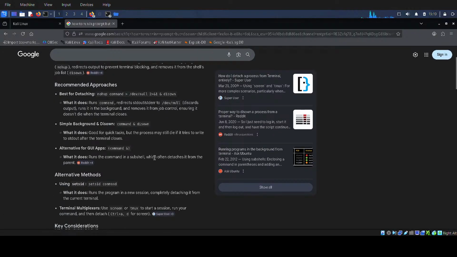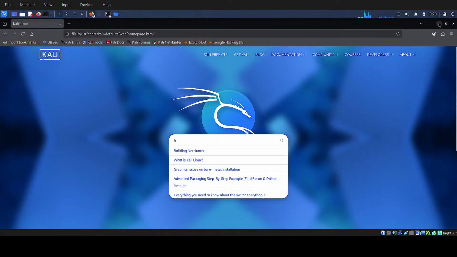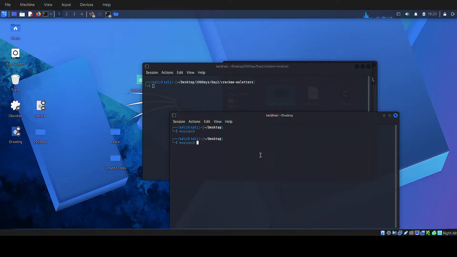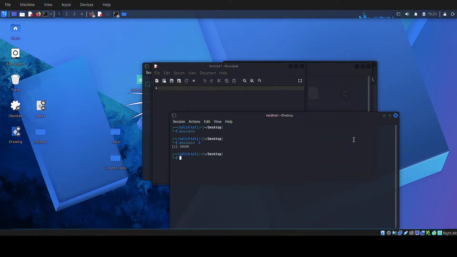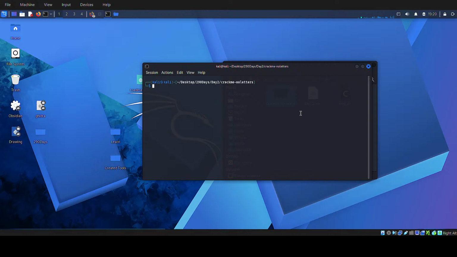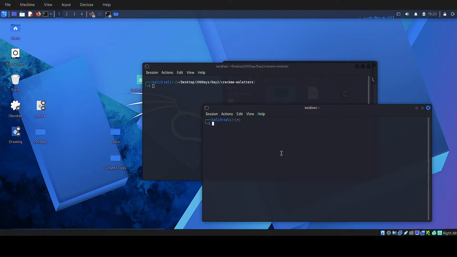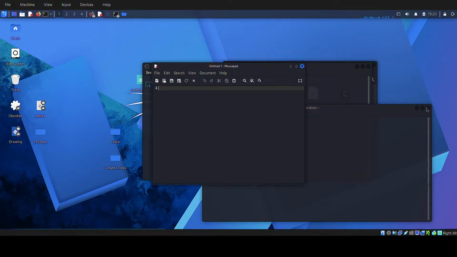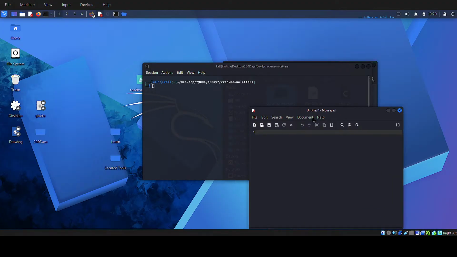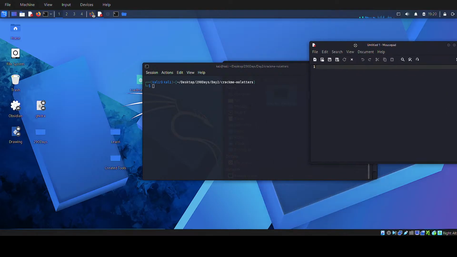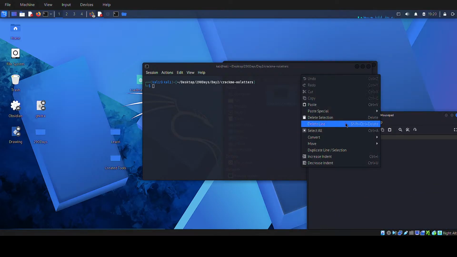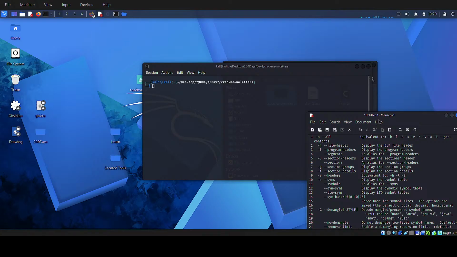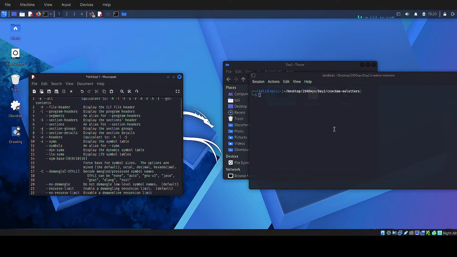It's not gonna do that. So mousepad. If I do that, mousepad. Yes. Okay. Paste all of that here. Let's see. Okay. So readelf